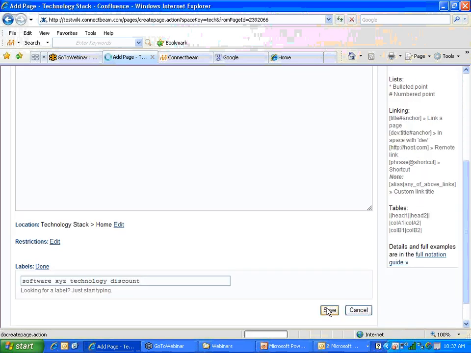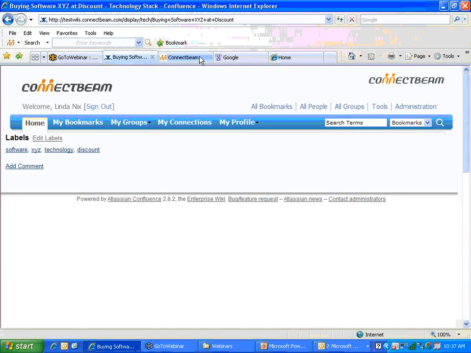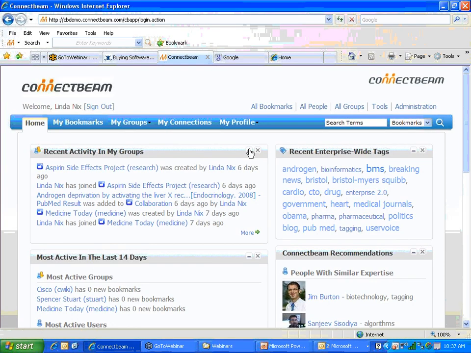So now this is the example of what people do every day in social software. I'm actually now a user, and I'm creating content, this time in a wiki. And we'll just wait while it runs its save here. There we go. So now I've actually created an entry in a wiki. Now if we run over to Connectbeam, and by the way, just so you know, for persona perspective, I've now assumed the persona of Linda Nix, and as Linda Nix, I created that content on the wiki. I'm now looking at Connectbeam, and if I take a look at my bookmarks,